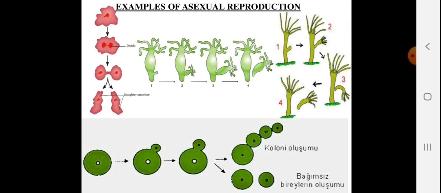Here you can see in the example of hydra, you can find the tentacles as well as a growing bud. Once the bud is grown enough, it detaches from the body and falls off, and then it individually works as a normal hydra. Now you can see spore formation taking place in fungus. Here also only one parent is involved and a chain of buds is grown. Once they get suitable conditions, they detach from the parent's body and try to grow individually.